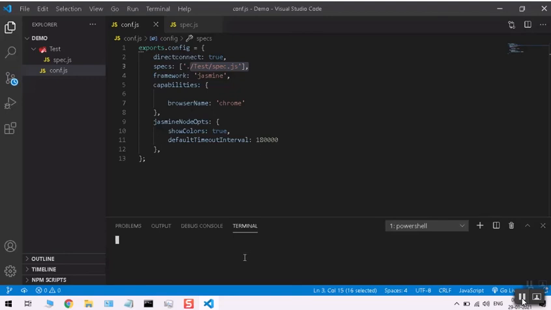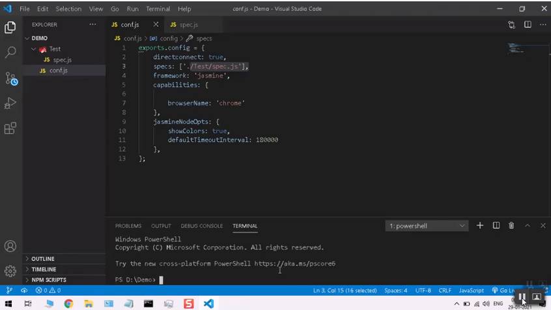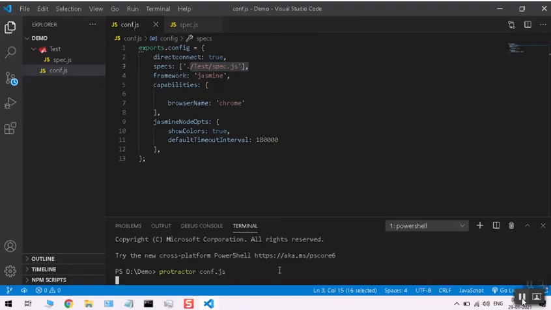Then let's launch the terminal. The terminal is launched. From the terminal we can run the program. It's a very simple program only. Then let's type protractor space conf.js, then hit the enter key.